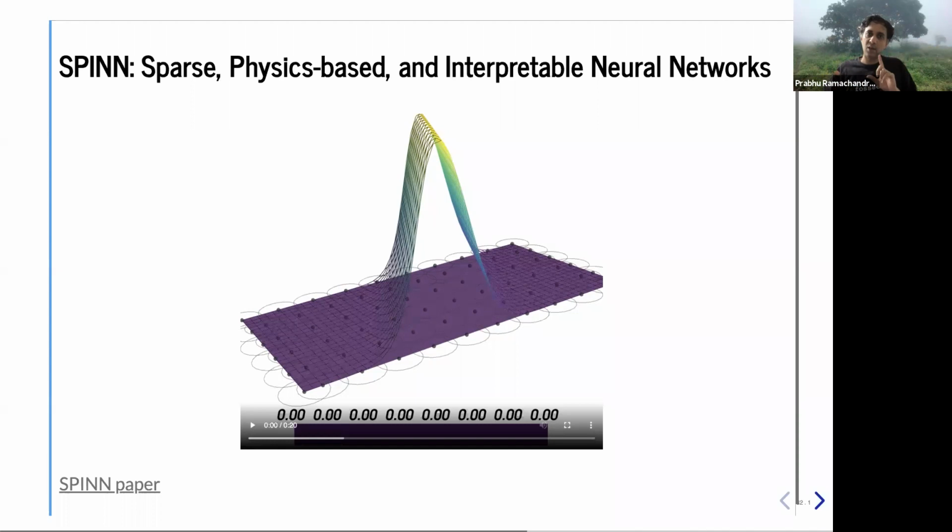What we're looking at is how this Gaussian pulse evolves in time. The wireframe that you see on top here is the exact solution. In this case, we know that the exact solution is essentially a translation of that Gaussian pulse. Essentially, the Gaussian pulse is going to move like this. What we want to see is, can the neural network actually pick this up? And what this simulation is going to show you is that each of these dots is actually a neuron.